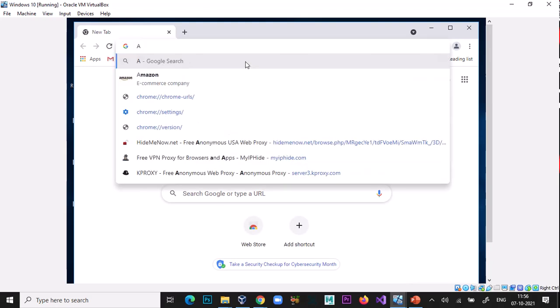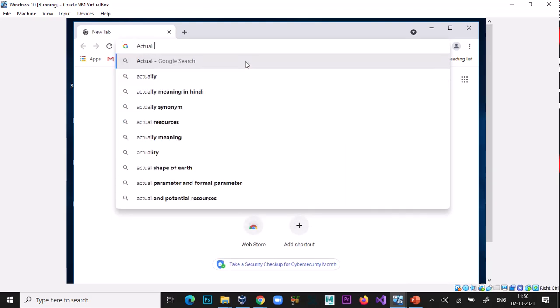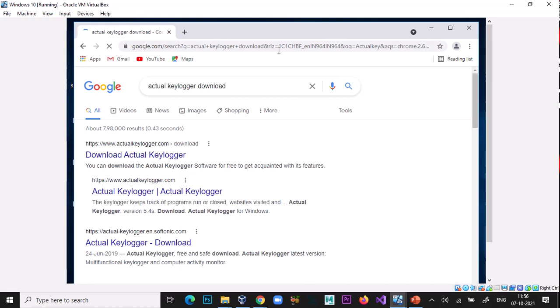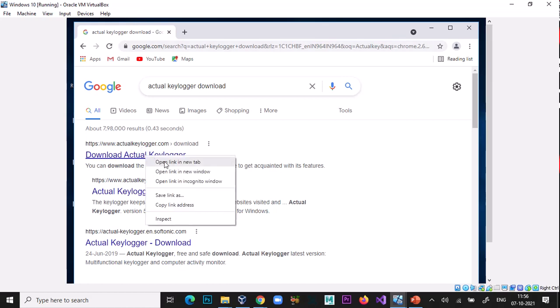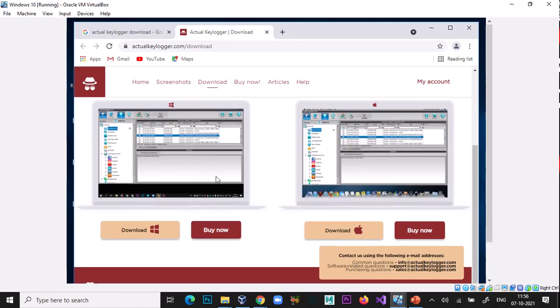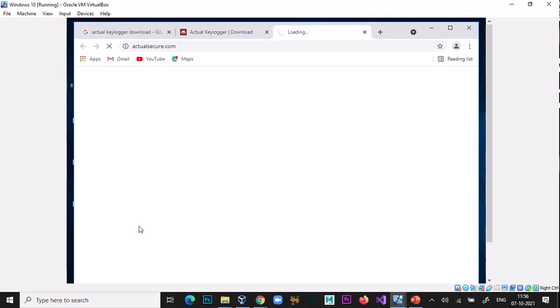Here I am going to download a keylogger for Windows.